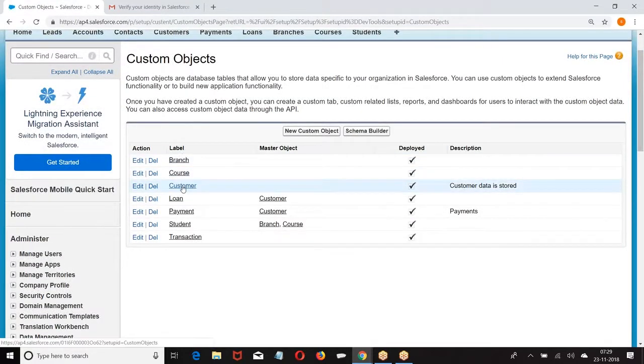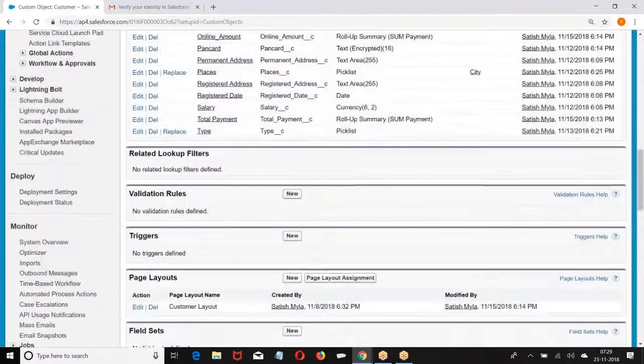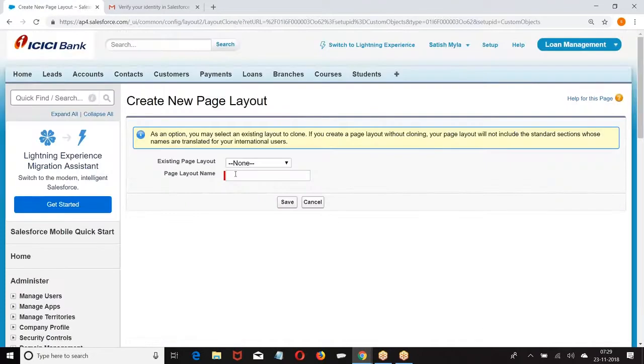If you go to the customer, scroll down, what are you finding? Page layout. New page layout. Person layout.